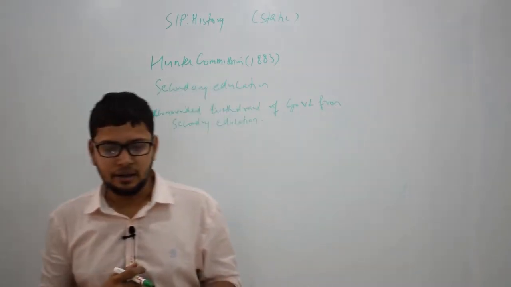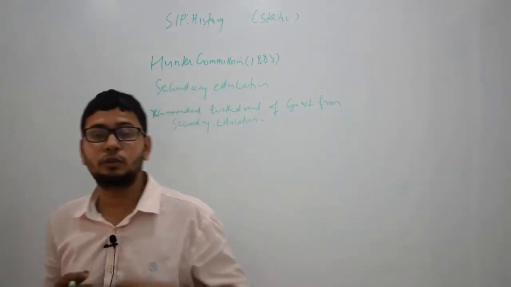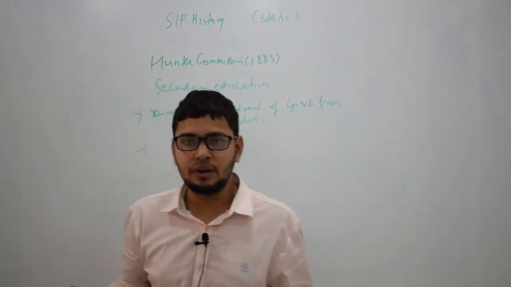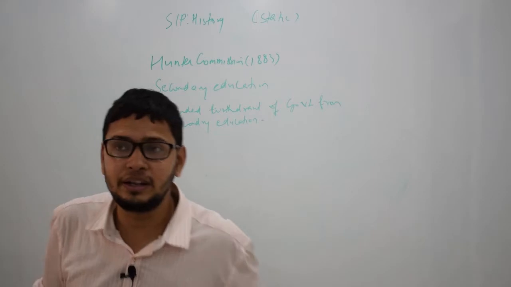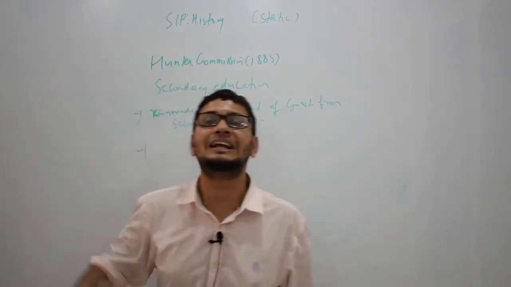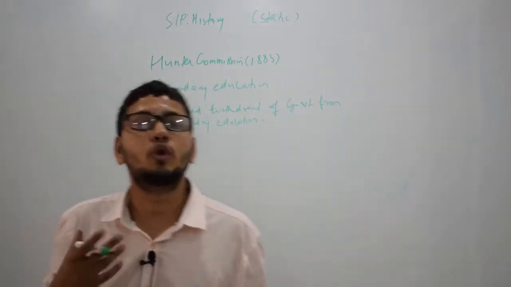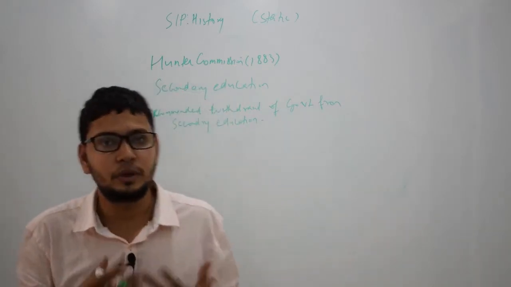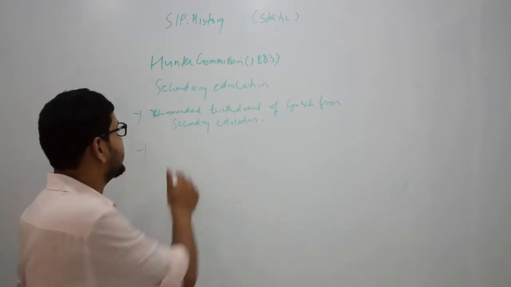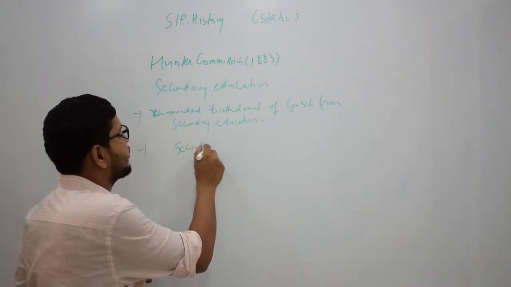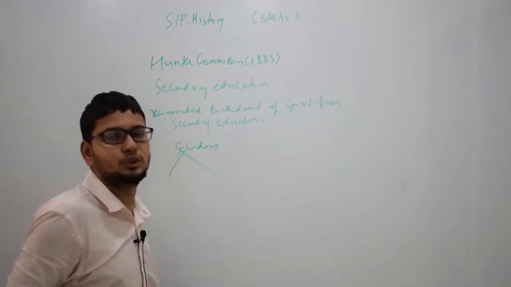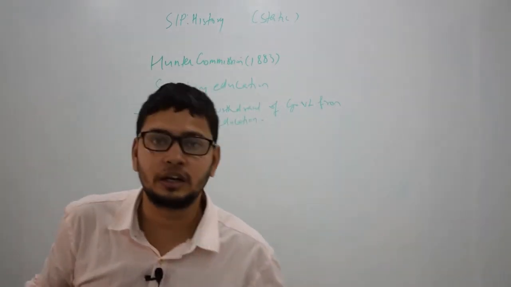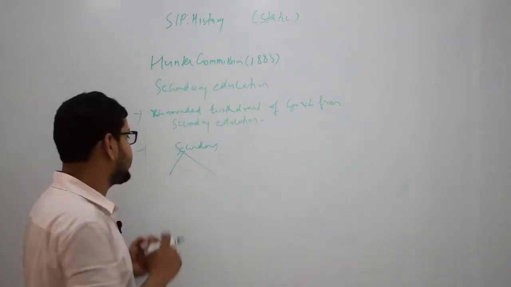Secondly, it recommended that at the secondary stage two types of courses should be introduced, because not everybody is equally efficient, not everybody is equally talented, not everybody is equally interested in higher academic education. The first should be for those students who are academically inclined and efficient, and want to continue in the university, they should be